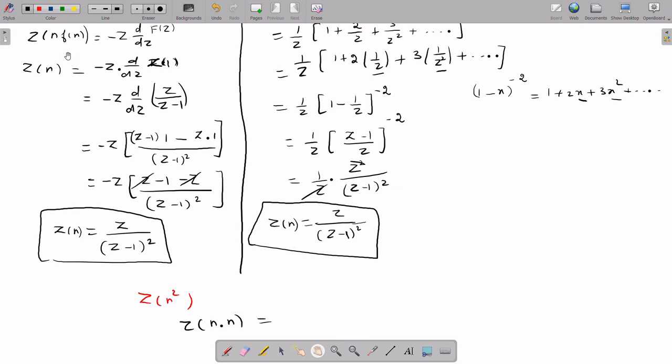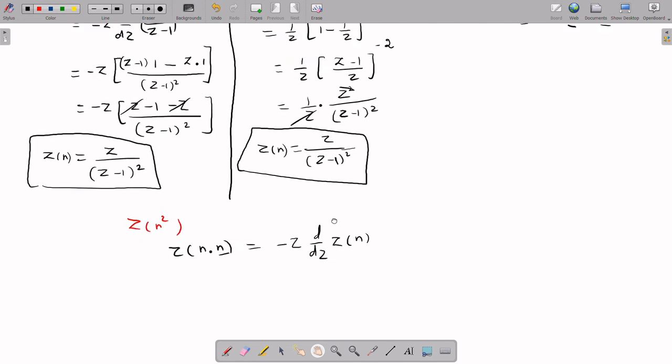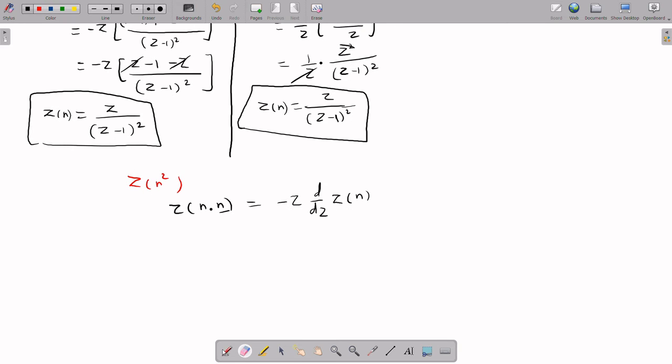Z transform of n into f of n is minus z into d by dz of f of z, isn't it? So the same property we have to use it here. In the place of f of n, you have n is there. So minus z for this is n, and for this n we are applying the formula minus z d by dz of z transform of the function here is n. Okay, so you have to apply the result of z transform of n directly and you can differentiate it,